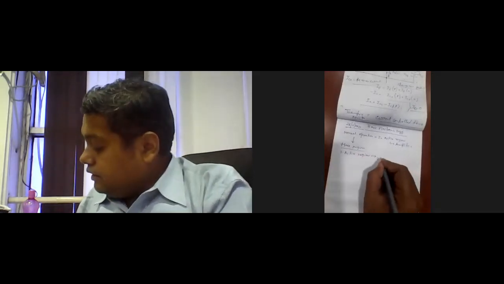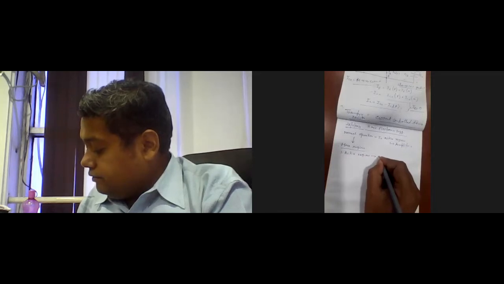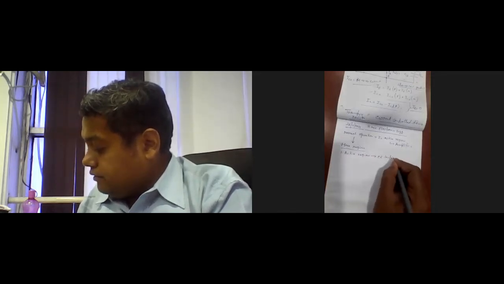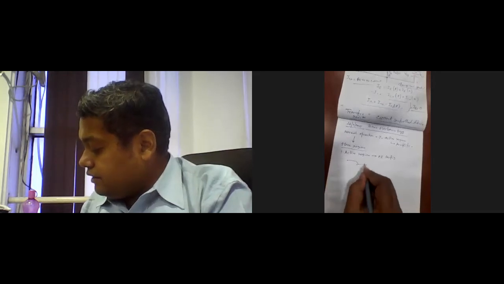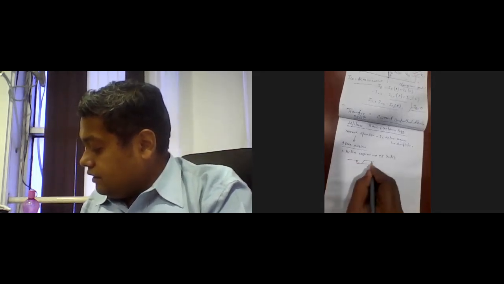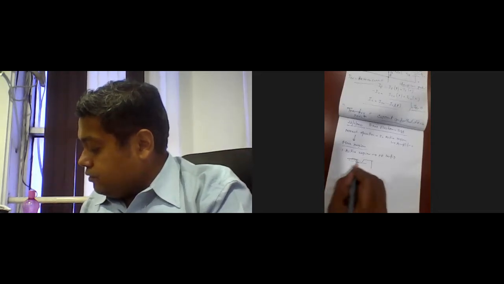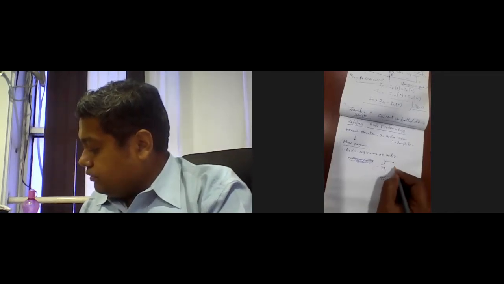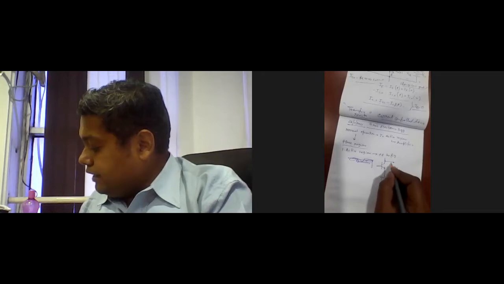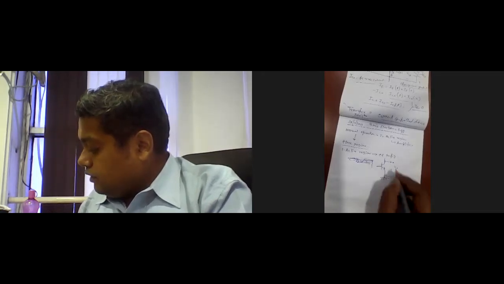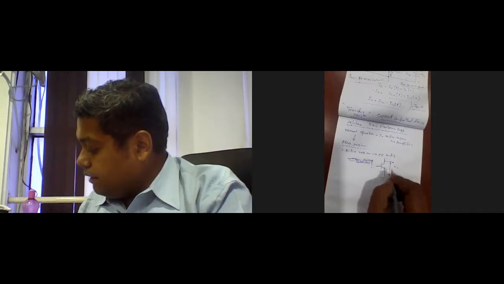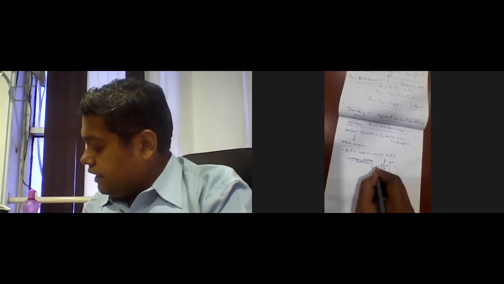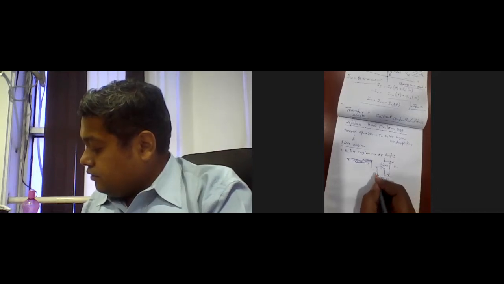If we consider the common emitter configuration, I will draw the common emitter configuration again here. Sorry, this is a common base configuration. This is one common emitter configuration like this way. This is the common emitter configuration. From here we get the output, that is V0. What is the output voltage you are considering here? It is the NPN transistor, and what is the input voltage?